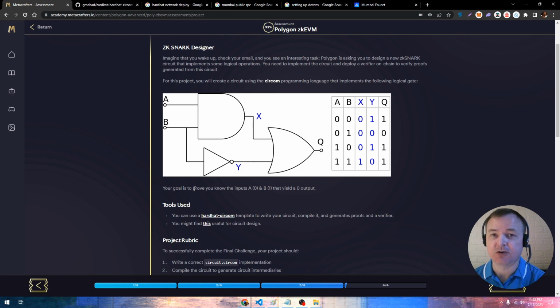For this custom circuit, it's asking us to prove that we know the inputs of 0 and 1 yield a 0 output. So let's take a moment to see how that maps out. So A is 0 and B is 1. So we know this is an AND gate. And since 1 is true but 0 is false, then we know the AND gate is going to return a false output,